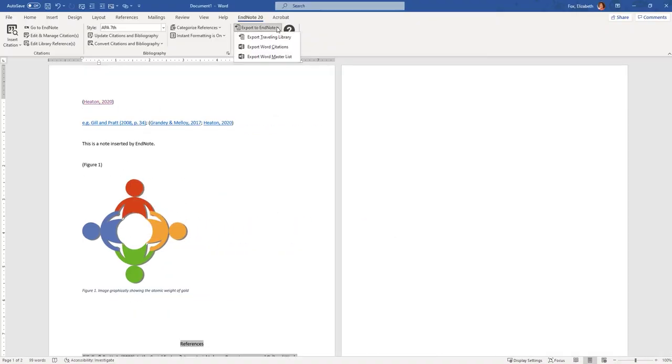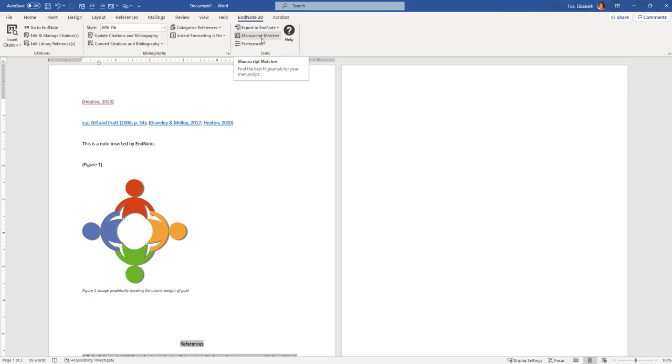There is an Export to EndNote feature that allows you to export a traveling library to EndNote. When a document is created with EndNote citations, a traveling library is automatically created that goes with the document. If someone sends you a document with EndNote citations intact, you can import those citations into your own library. You can also export citations created in Word using the References ribbon. This can be done for the references in an individual paper or the master list of all references in Word on a computer.